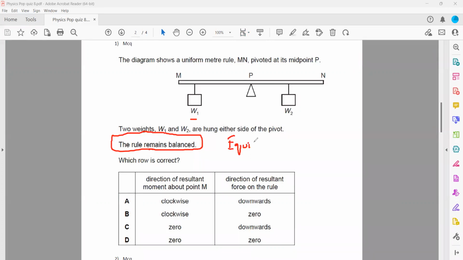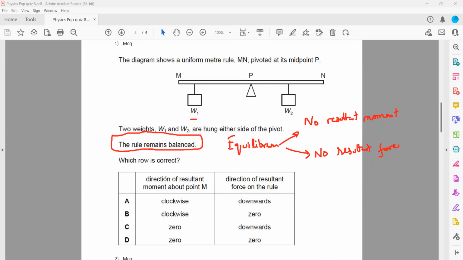So if the object is in equilibrium, what can we say? There will be no resultant moment, or no resultant turning effect, or the clockwise and anti-clockwise moments will be equal. And we can also say there will be no resultant force. So no resultant moment and no resultant force, these are the conditions for an object to be balanced or in